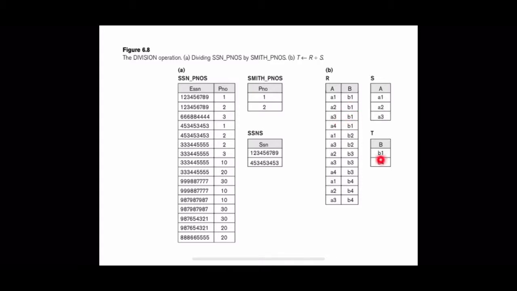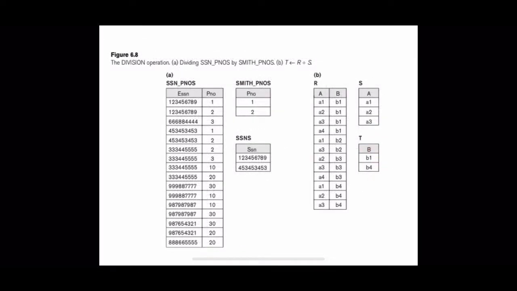Like that, B4 also is there in combination with A1, A2 and A3. So all such attributes, the corresponding tuples will be there in the resulting relation. If we check B2, B2 is there in combination with A1 and A3, right? There is no combination of B2 and A2. So we cannot select this B2 for the resulting relation. So this is how the division is actually performed.